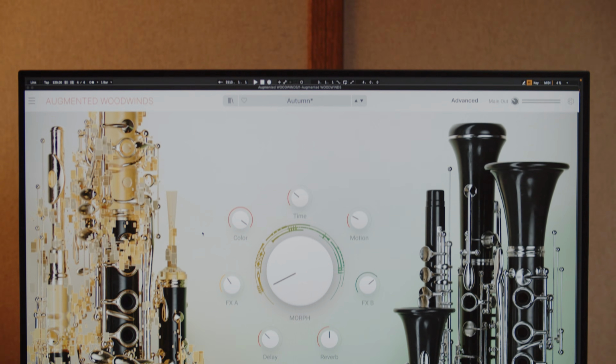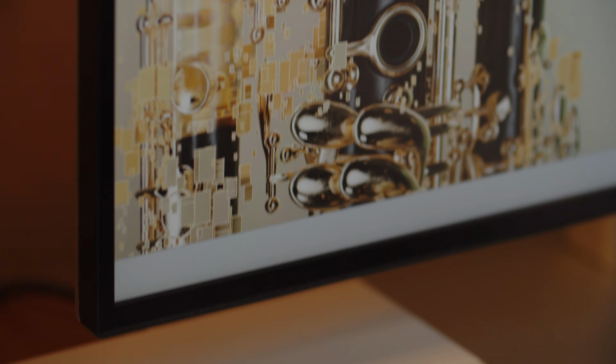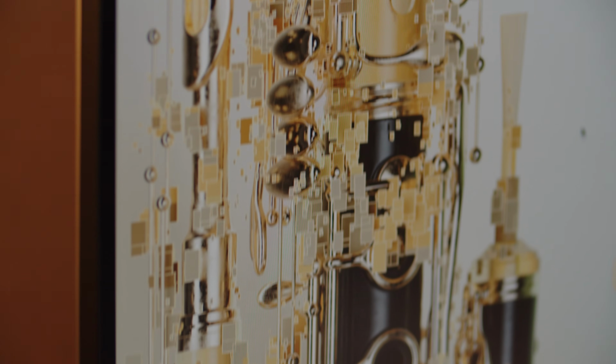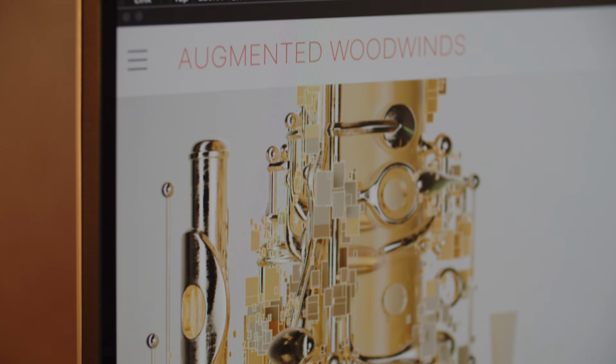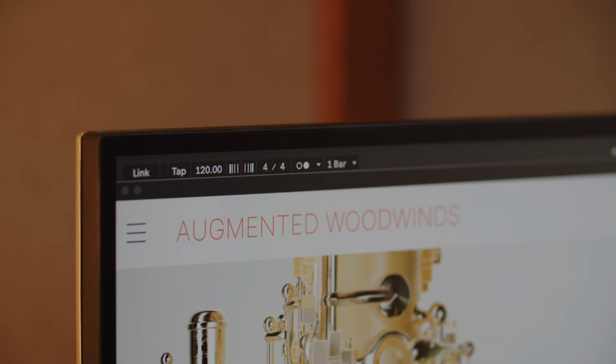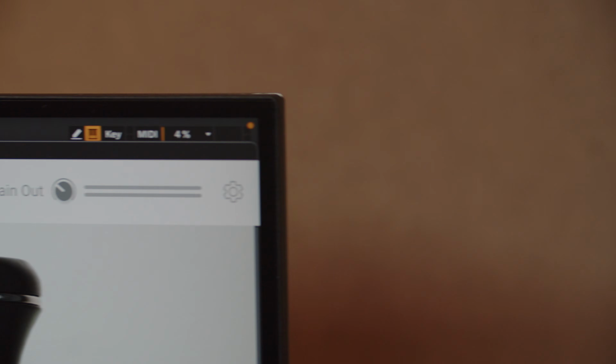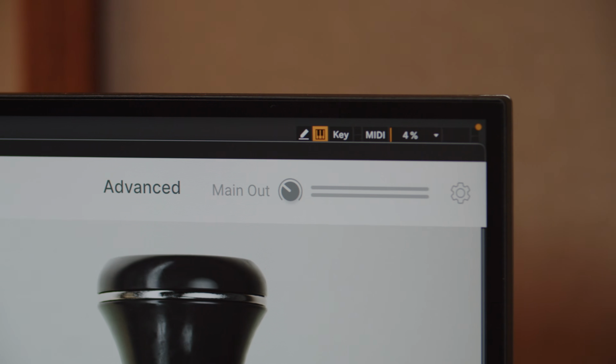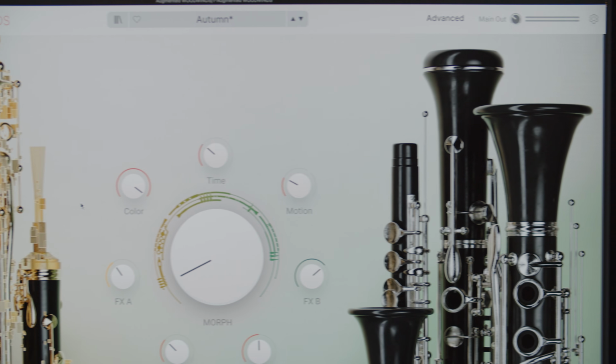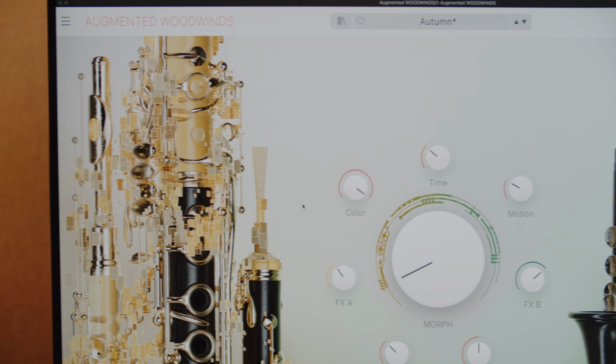Augmented Woodwinds is a modern hybrid software instrument that unites a library of orchestral and solo woodwind samples with dynamic synthesis engines, equipping you with a comprehensive palette of evocative, intimate, and commanding woodwinds ready for modern production. Its original morphing of sampling and synthesis guarantees a constant flow of new tones and colors, letting you go beyond the conventional and unlock sounds perfect for cinematic and professional composition. Before we dive in, here are a few presets to give you an idea of how it sounds.